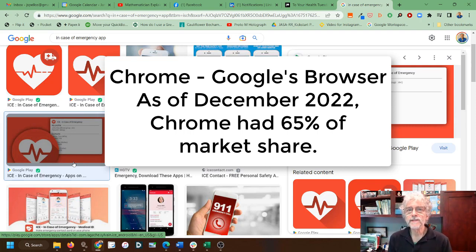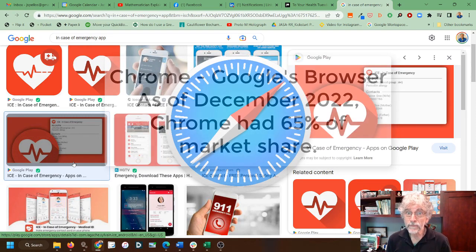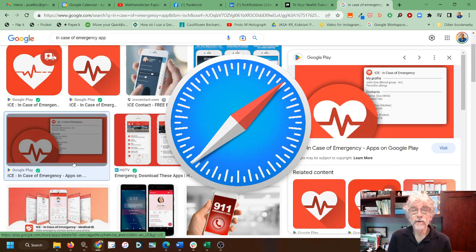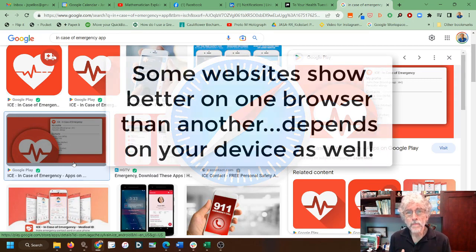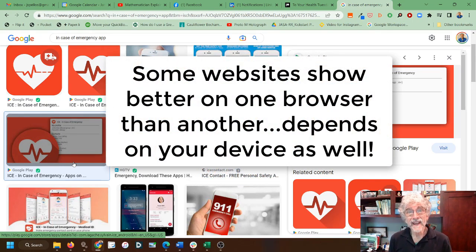Now, I'm on a PC right now, so if I was on a Mac, my default browser most likely would be Safari. Why use Safari over Chrome? Well, because Apple wants you to. And Google obviously wants you to use Chrome over the Safari browser. What do they do differently? Well, for the most part, not a heck of a lot. There are different customizations and different places you can make changes, but the reality really is, it doesn't matter